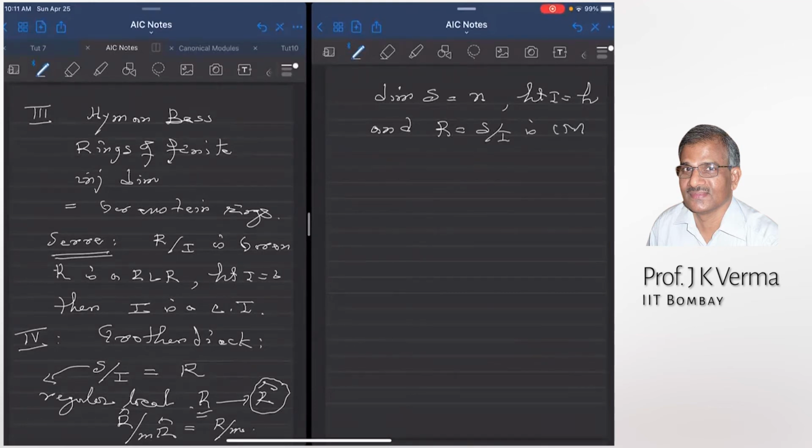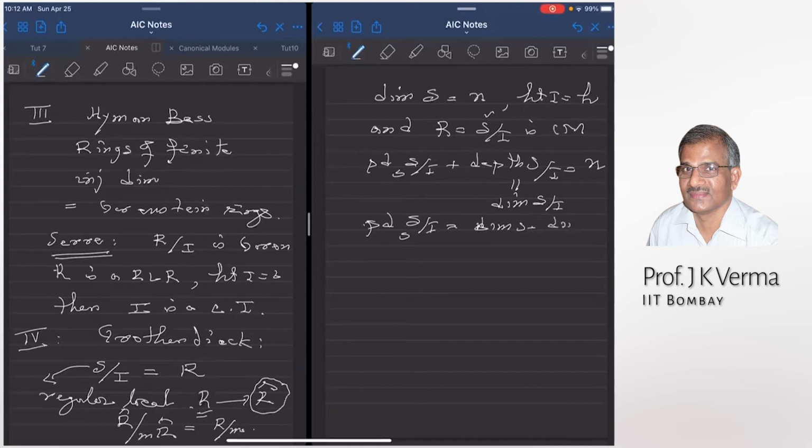Gorenstein rings have to be Cohen-Macaulay. So in order to investigate when R is Gorenstein, we assume that R is Cohen-Macaulay. So S is Cohen-Macaulay, but now this S is a regular local ring. So the projective dimension of S mod I plus the depth of S mod I is equal to the dimension of S, which is N. And S mod I is Cohen-Macaulay, so this is equal to the dimension of S mod I. And therefore the projective dimension of S mod I over S is equal to N, that is the dimension of S minus